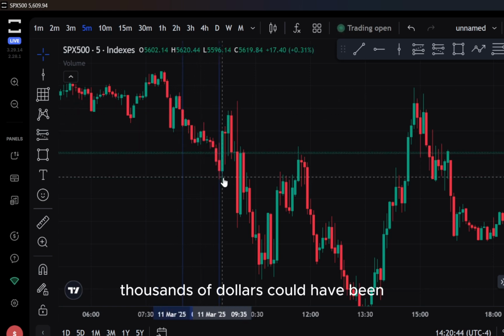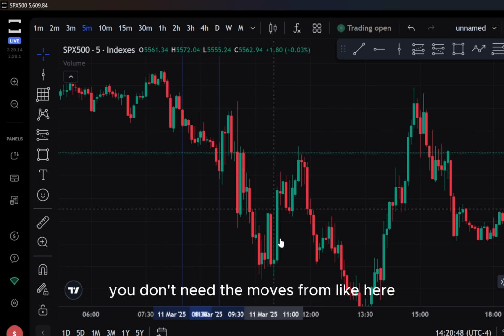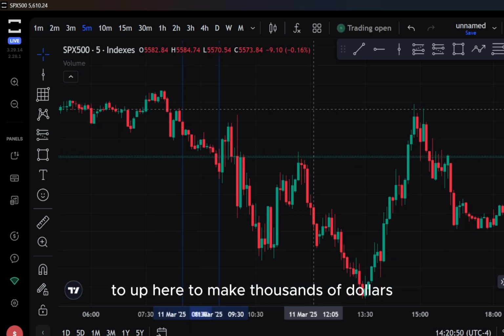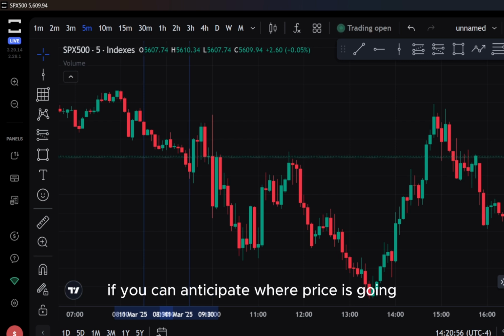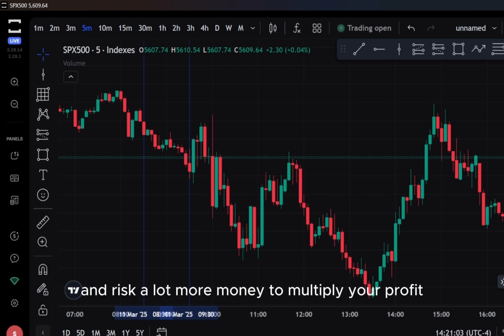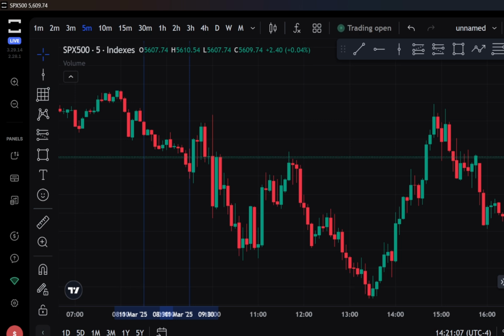Thousands of dollars could have been made within just this tiny range. So you don't need the moves from here to up here to make thousands of dollars. That's what a lot of people misunderstand. They always try to catch these big moves. If you can anticipate where price is going in the short term and get so good at it, you can bet and risk a lot more money to multiply your profit,